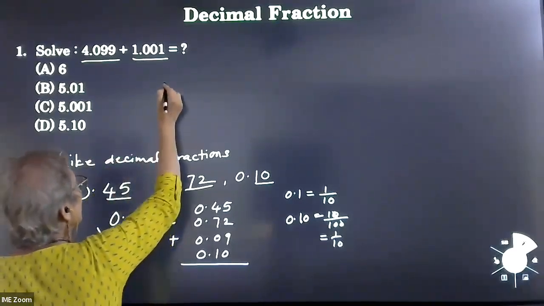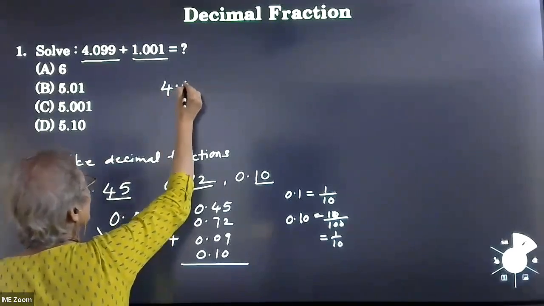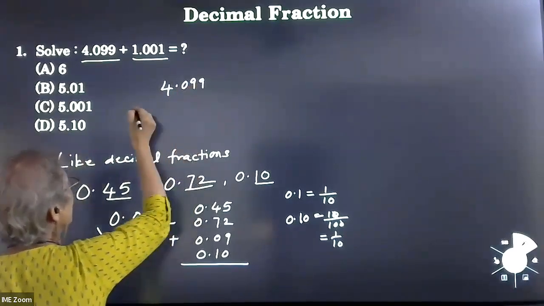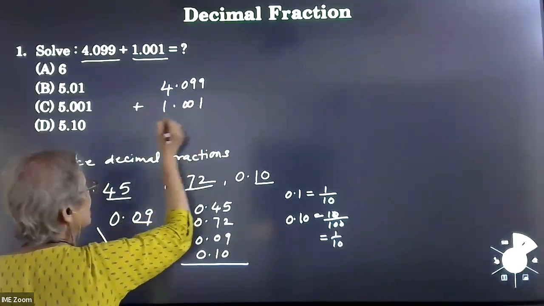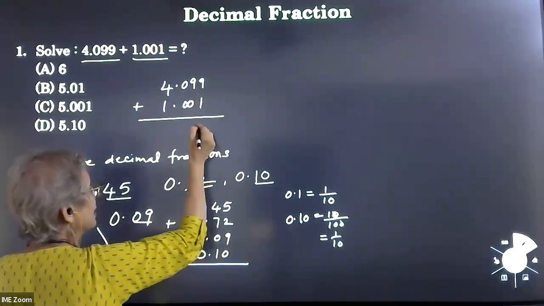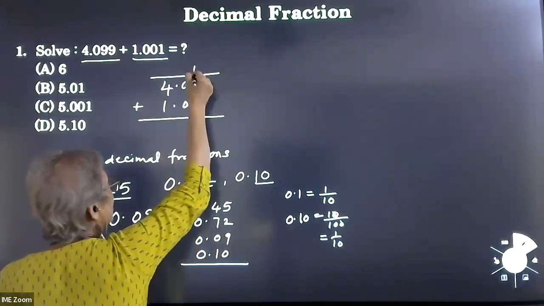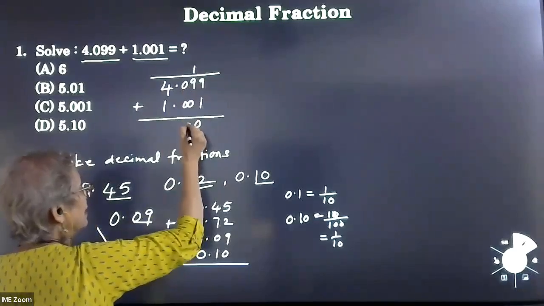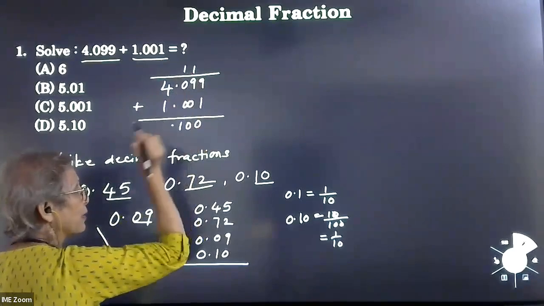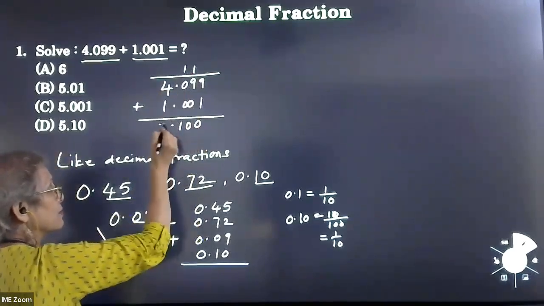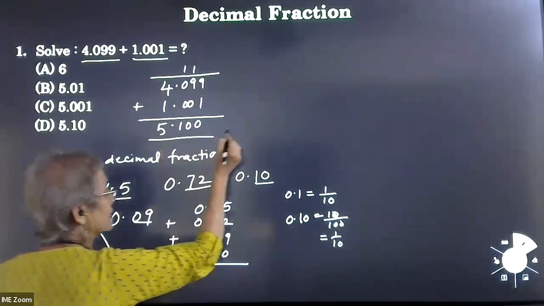So let us add 4.099 plus 1.001. Just add them. 9 plus 1, 10. Carry over 1. Again 9 plus 1, 10. Carry over 1. That is 1. Now put the decimal point here and 4 plus 1, 5. So this is the answer